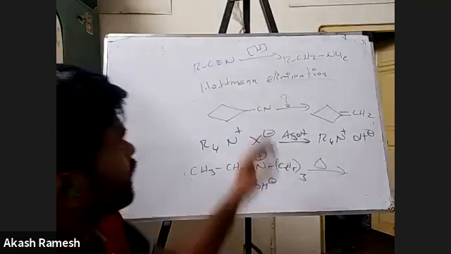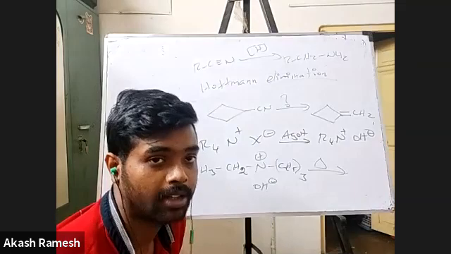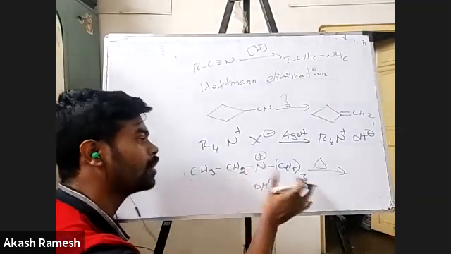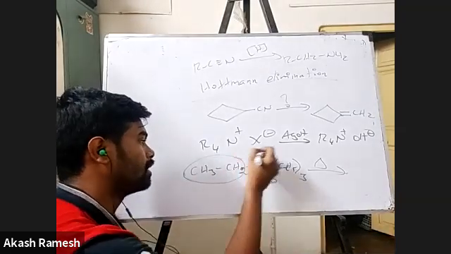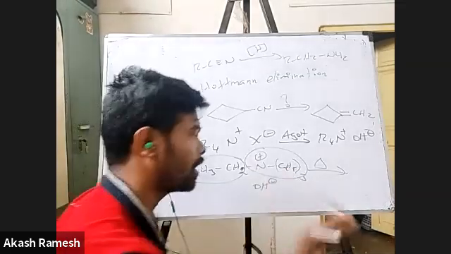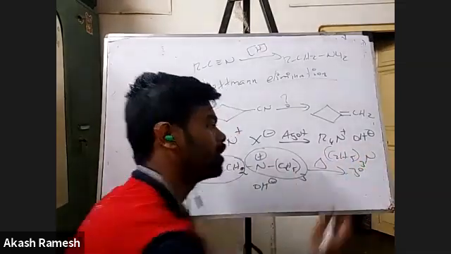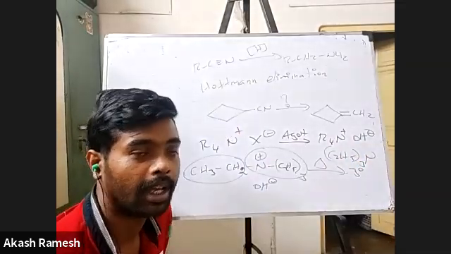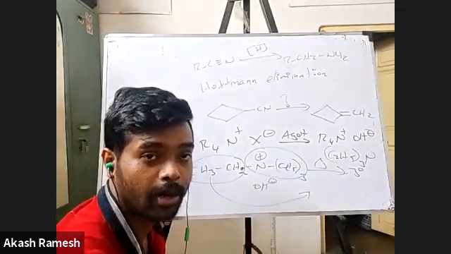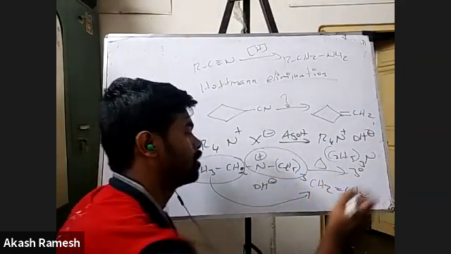Now, if you heat a quaternary ammonium hydroxide, you are going to have a reaction called Hofmann elimination. How it forms is very simple, guys. There are going to be two parts. This part is going to come out as (C2H5)3N, a tertiary amine. The other part is basically going to form the alkene. In an elimination product, we always form an alkene. So this is going to form CH2=CH2.